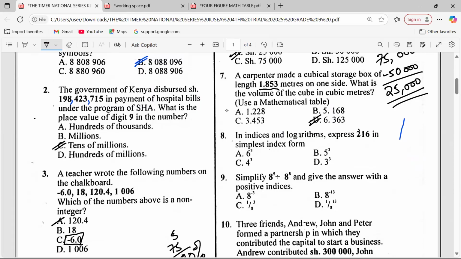In number 8, we are taught in indices and logarithms: express 216 in simplest index form. So we can check the value of 6 power 3. This is 216. So this is now the appropriate answer according to this question, because 4 power 3 is equivalent to 64. 5 power 3 is equivalent to 125. 3 power 3, 27. Therefore, the most appropriate answer is 6 power 3, though the simplest index form is supposed to be,